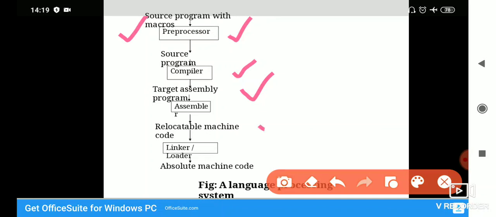The assembler creates relocatable machine code. Then the relocatable machine code uses the linker or loader to make the necessary arrangements, and finally we get absolute machine code, which is our target program. This is our source program and this is our target program, which is finally run by the computer.